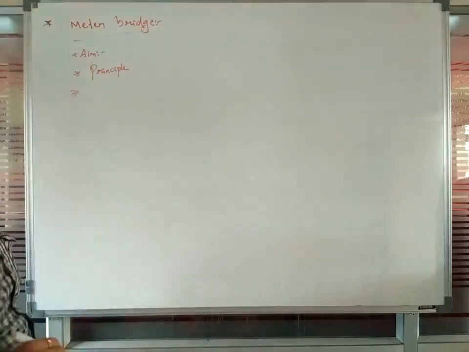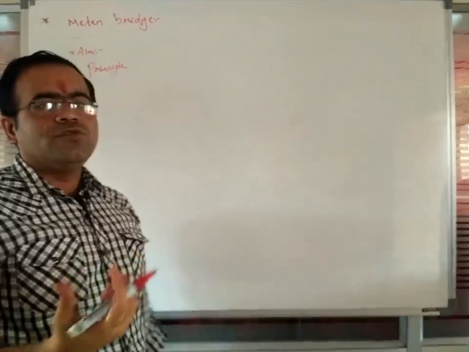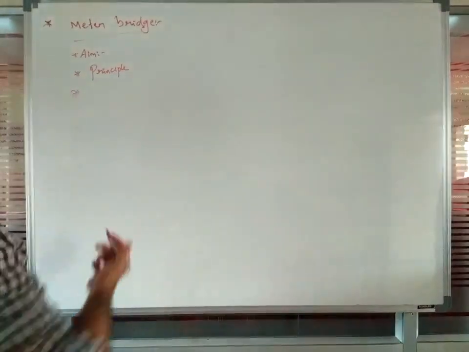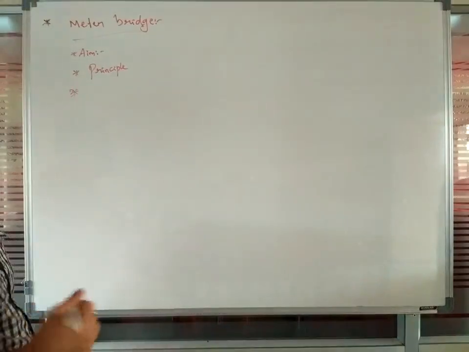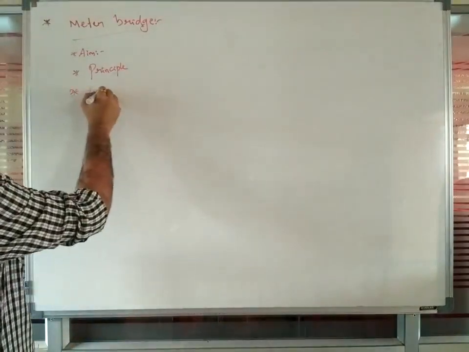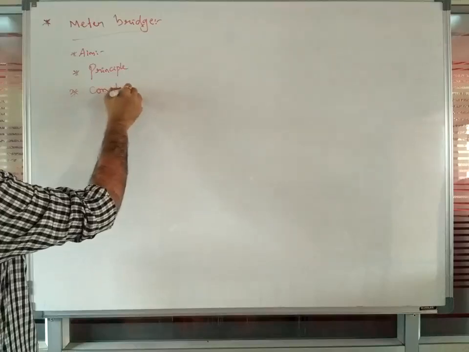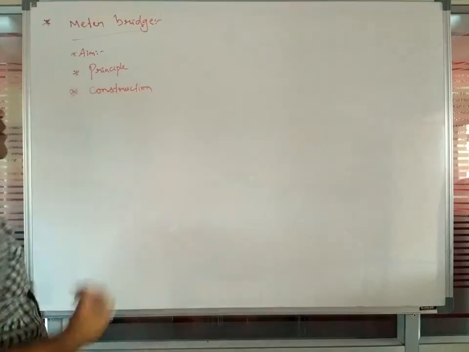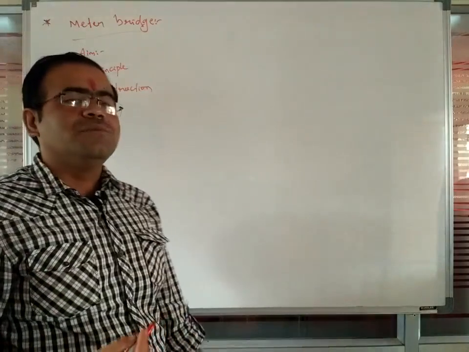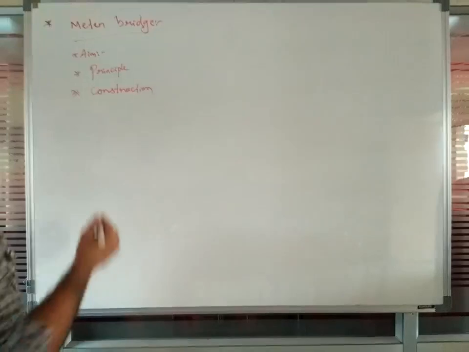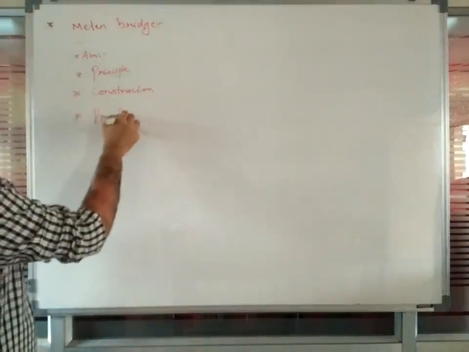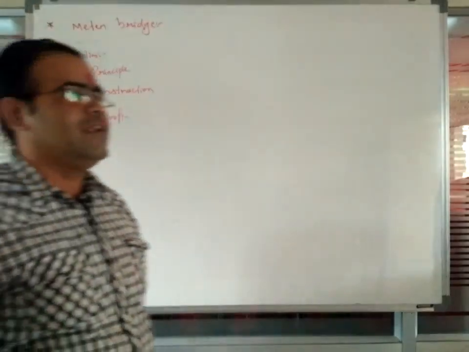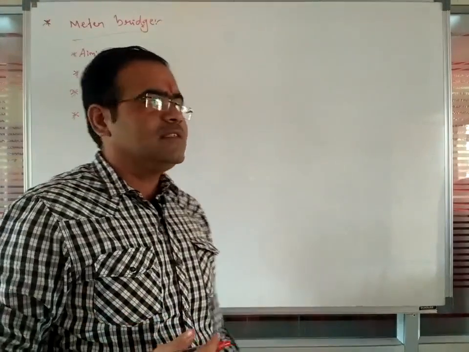On which principle does the meter bridge work? So on which principle is it going to work here? After the principle, next you are going to observe how it is made up, what is the construction procedure here. So you are going to discuss the construction. Thereafter, you are going to prove this one. What is the proof, or what is the ultimate equation for this meter bridge? Everything we will discuss one by one.